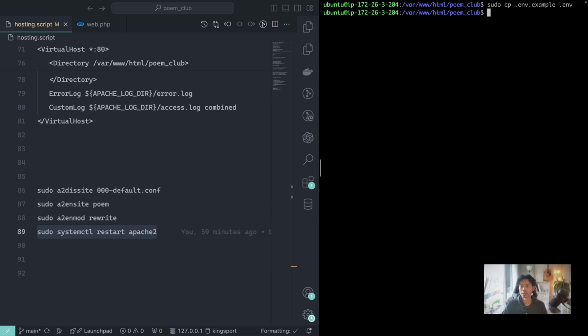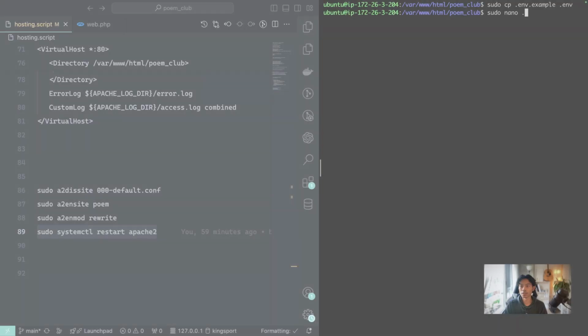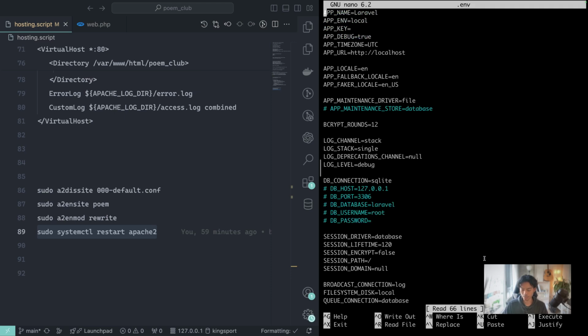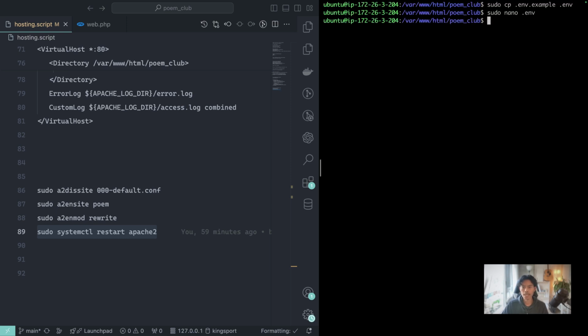So I will say sudo nano .env. So we will check here. So this is the env file. We have database connection SQLite. Perfect. So I will clear, and I will run sudo php artisan